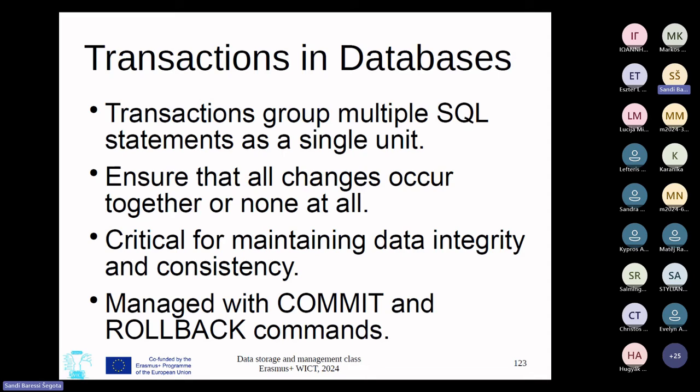So transactions are basically groups of statements, and they will check that all of the changes that I want to make to the tables happen, or none of them happen. Right. So if there is an error in my example, if I create a student, but I can't for some reason enter a foreign key, maybe because I have been given a view of the database that doesn't allow me to access the table of all citizens in Croatia, that means that